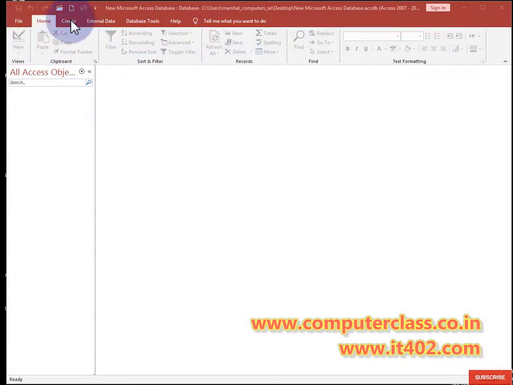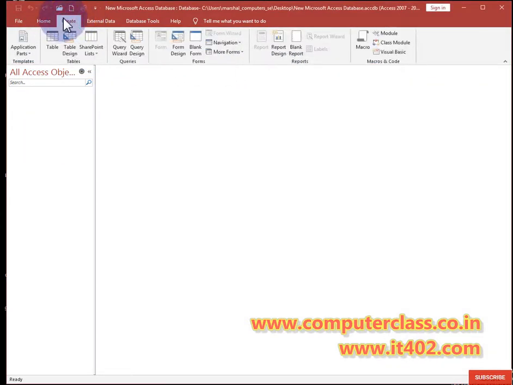Now come to the next point, and that is the important one. Click on create, and now we will learn what is in Microsoft Access. We have tables. Whatever data we want to manage, we can manage it in the form of a table. Different data can be easily arranged in multiple tables. After arranging the tables, suppose we have unlimited data in a table. Now what can I do with that table? I want to find a particular report. Then we have queries.